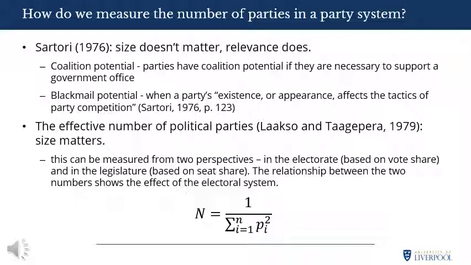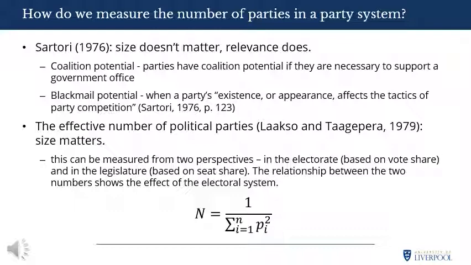Instead, we want a measure which shows which parties matter, although how you define matter is obviously a point of contention. So we'll look at two different ways. One is a qualitative, judgment-based measure, and the second is a quantitative, continuous measure. They're both useful in their own analytical ways, and whichever one you use, or both if you want, depends on the type of study that you're doing.